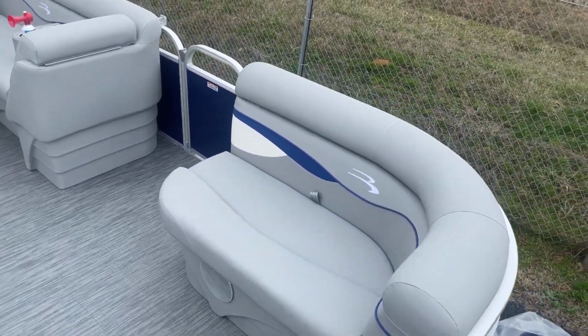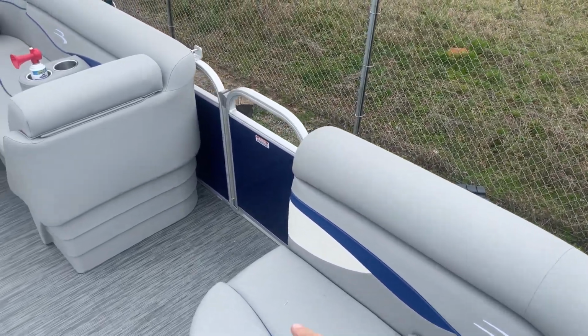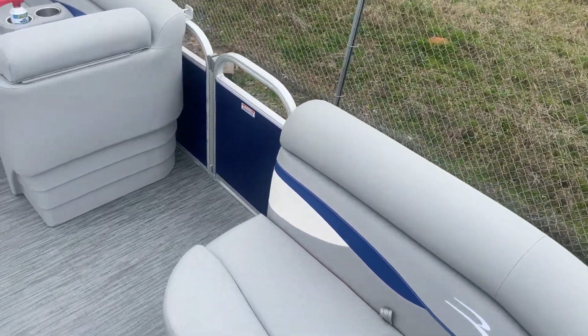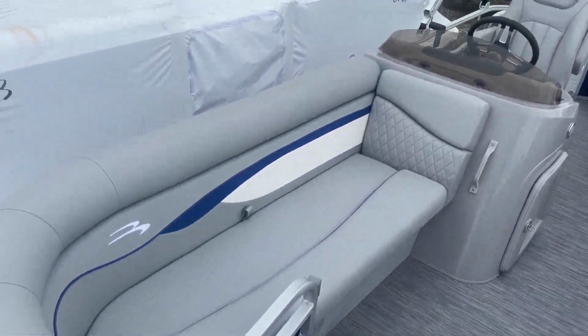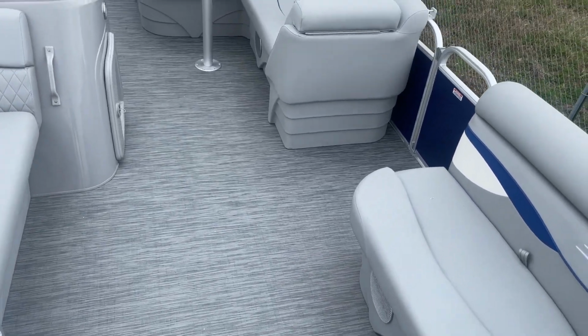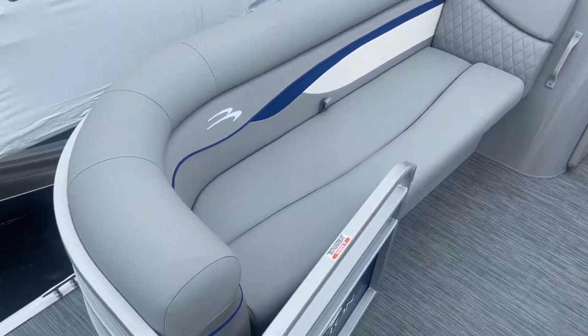We did this boat in the Monaco blue with the silver Simtex seating, and then it also has the Monaco blue and the white accent on the interior. Really clean, really cool looking boat. Got the silver flooring. This boat has the little bench seat up here, the nice long bench seat in front